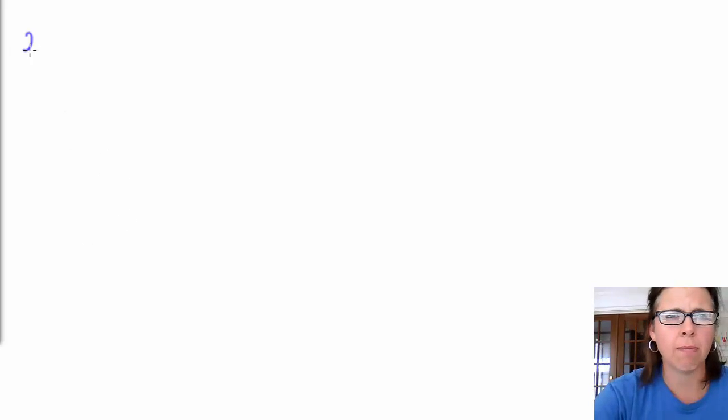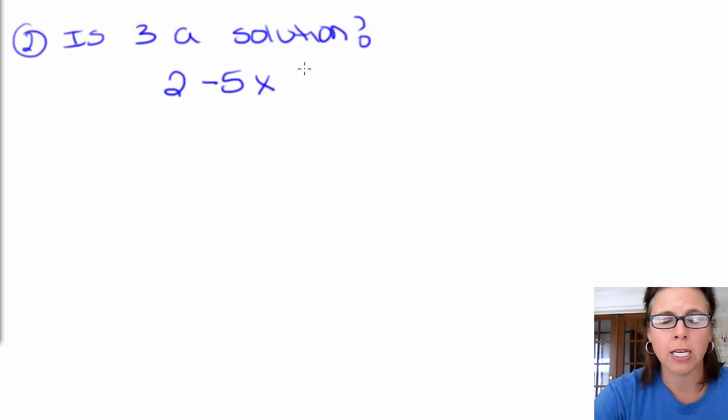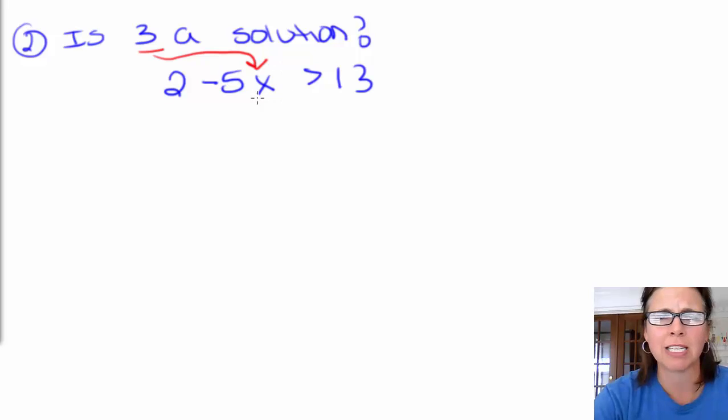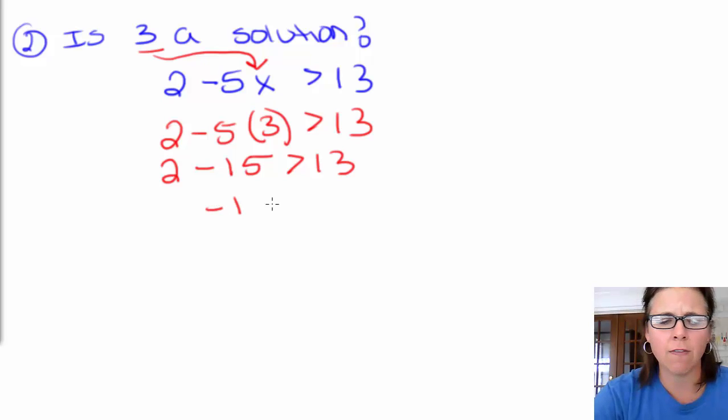Okay, so another one might be, is 3 a solution to the inequality given? And the inequality is 2 minus 5 times x is greater than 13. So you're going to take the 3 and plug it in for the x. Remember, this x is just representing the 3. So then 2 minus 5 times 3, remember we put that in parentheses so it doesn't become 53. And then 2 minus 15, because we do PEMDAS. So this becomes -13